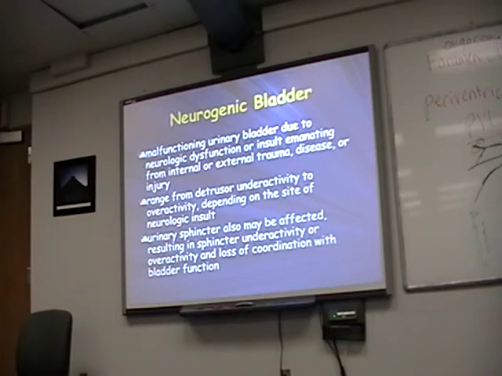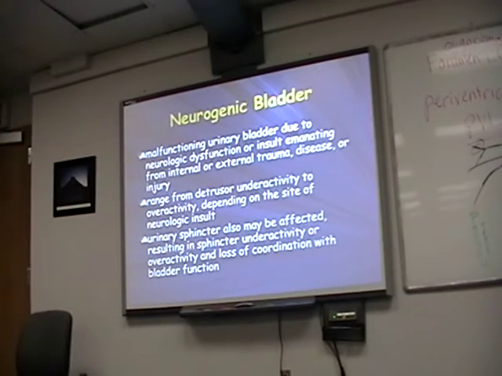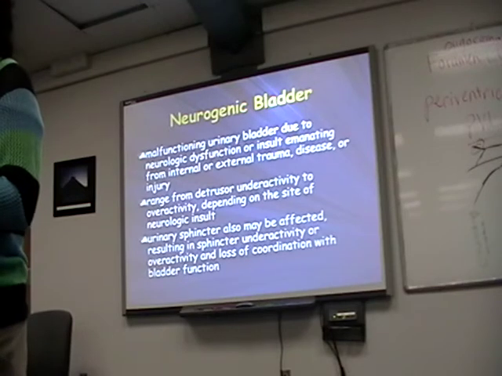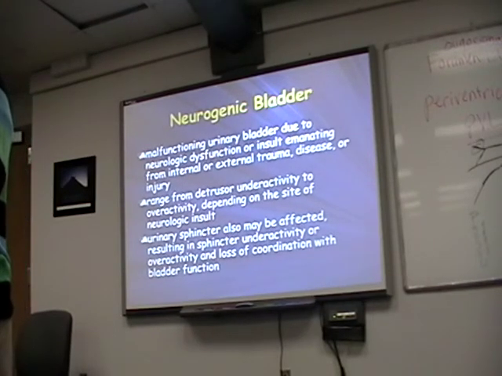And so with the function of the bladder, we really have to coordinate sphincter control and bladder contraction. Just like any other muscle, they can become flaccid and they can become spastic. Either one is going to be what we call a neurogenic bladder. A neurogenic bladder is when we do not have neurologic control of that bladder. But we need to have coordinated control of the sphincter, because when we're urinating, we need to relax it, and we need to contract the bladder. So we really have to have this synergistic contraction of the bladder with relaxation of the sphincter,